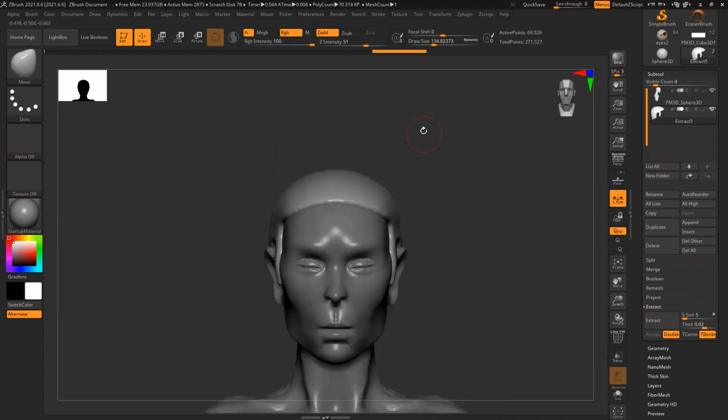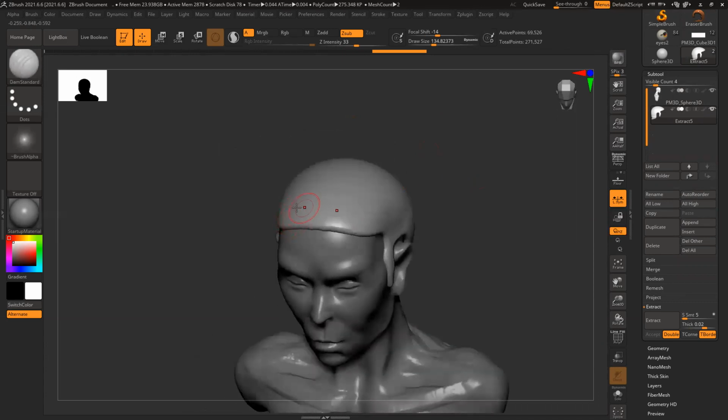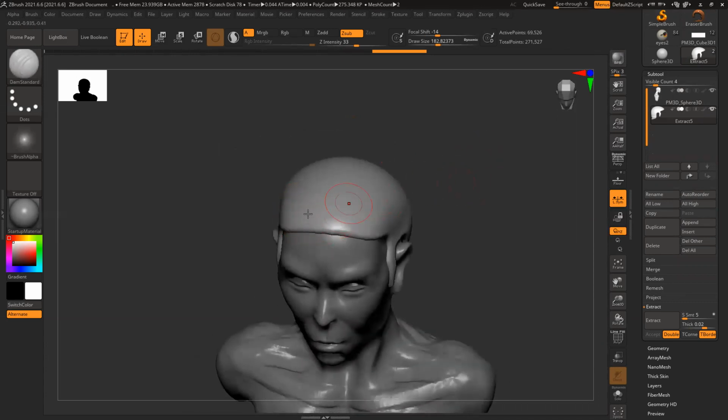Smooth everything. Then BDS. Let's see. I want to create something here.